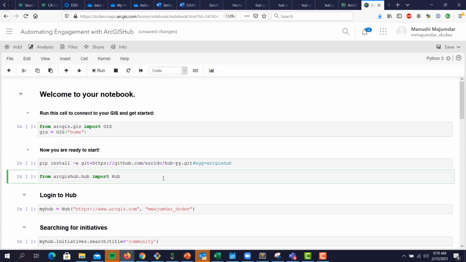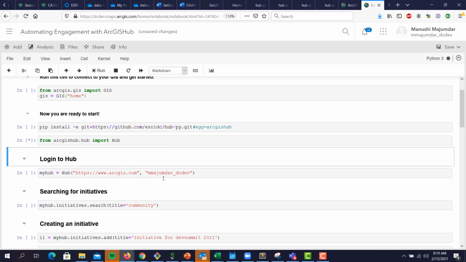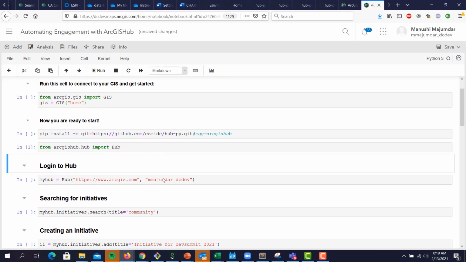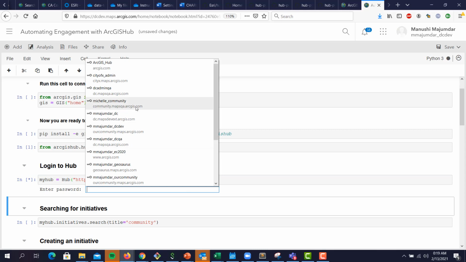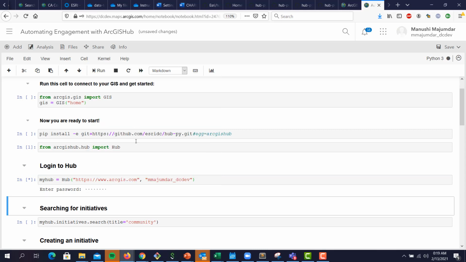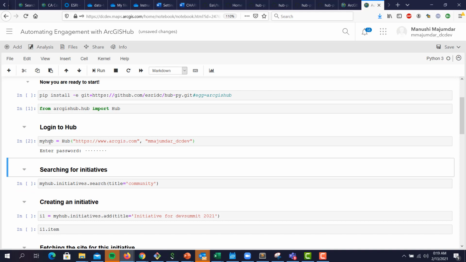Let's now try importing Hub to see if it imports successfully. Since Hub has successfully been imported, as I previously mentioned, you first need to sign into your Hub. You first need to log in in order to access the content in your Hub and create new content. We start by signing in. Now that I've successfully signed in and I've created a My Hub instance to work off of, we can start